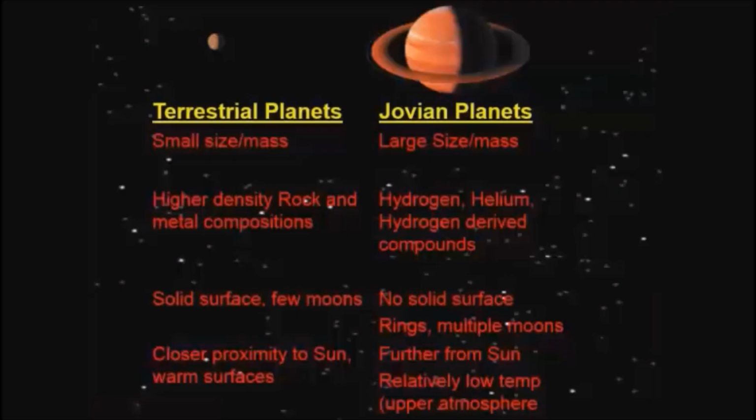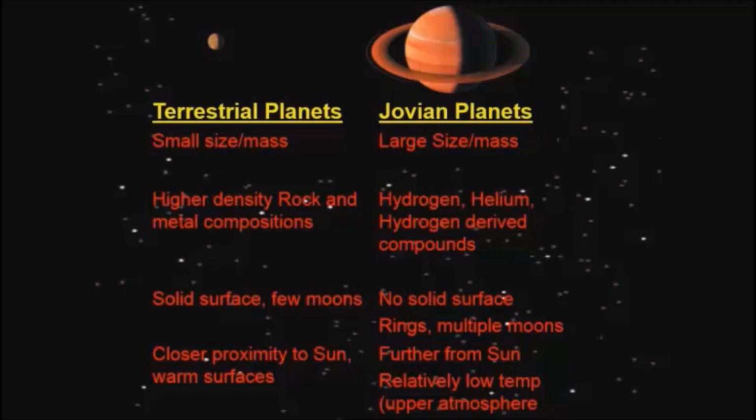So you have two families of planets. And as I said, we have terrestrial planets, and we have what are called the Jovian or gas giant. Gas giant is a more regular way of discussing these planets, but I'll use Jovian and gas giant interchangeably. So the terrestrial planets are small in size, relatively low mass. They have high density rock, and they have a lot of metal in them, and they have solid surfaces, and